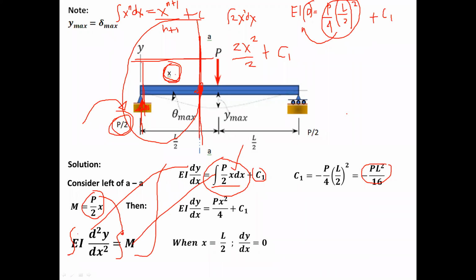So, after na maanap ang c sub 1, ang c sub 1 actually, yan ang value ng ating slope. So, theta max now is equal to negative PL square over 16 EI. Imumultiply lamang natin ng 1 over EI, ano man ang ating maanap na value ng c sub 1. So, naanap na natin ang ating maximum slope, theta max. After maanap ang ating maximum slope and value ng ating C1,